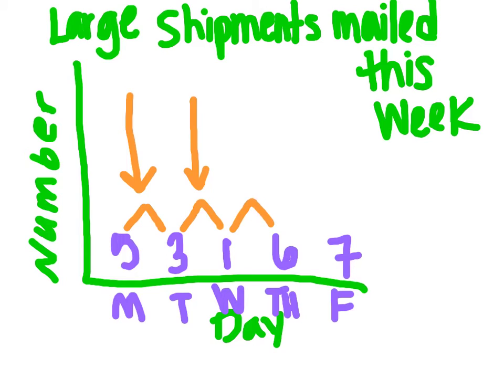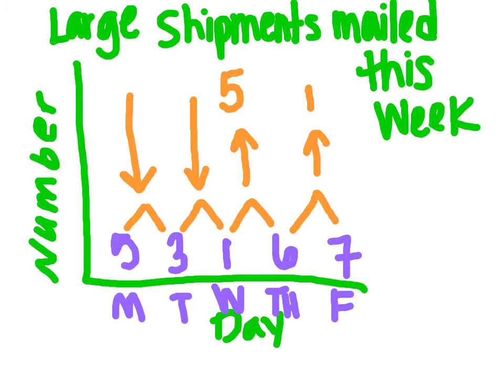Between Wednesday and Thursday, it goes up. I need to figure out how much it goes up though. So I can take away 6 minus 1 to figure out the difference, which is 5. And also between Thursday and Friday, it goes up and increases. 7 take away 6 is 1, so I know that the difference that it went up is by 1. Now looking at this data now, I can see that between Wednesday and Thursday, the shipments increased by 5, which